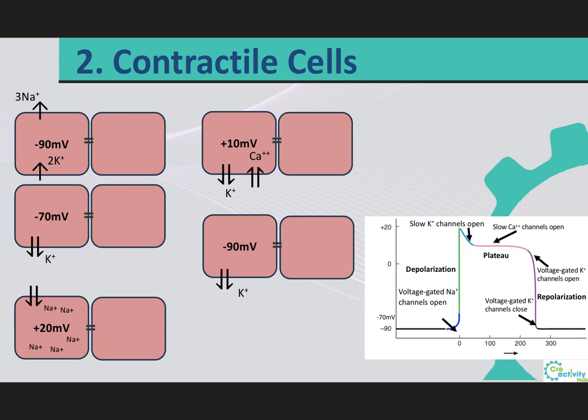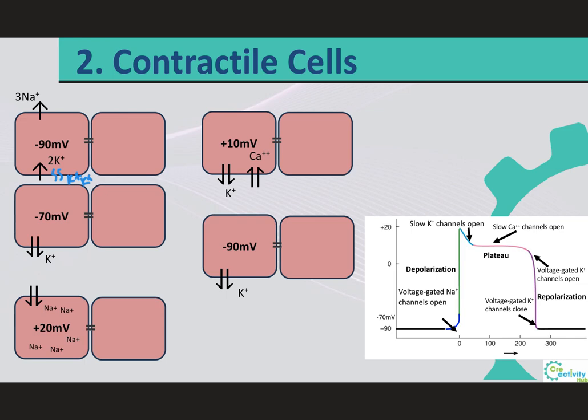And when they are at rest, we find that these sodium channels are going to be closed. With the potassium channels, most are going to be closed as well, but some do stay just a little bit open. And this means that some potassium will be able to come out. And when this happens, it makes the inside of the cell less positive, as the potassium ions are positive and they're coming out of the cell. And this will lead to a resting membrane potential of minus 90 millivolts,